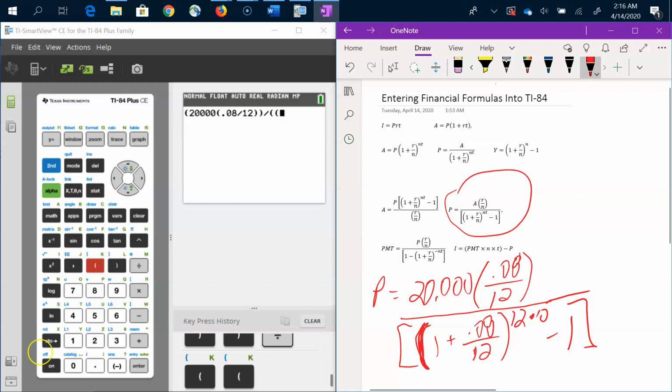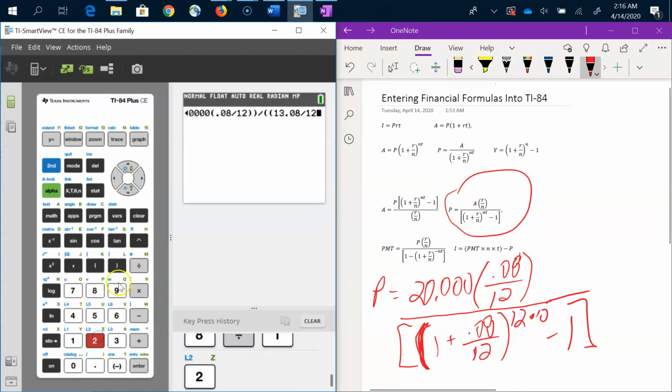And then 1 plus 8% divided by n, which is 12, parentheses, and then the exponent button, which is a caret, and then 12 times 10, I'll just pretend I forgot what that is. 12 times 10 minus 1, and parentheses. And what do I need to put in every single month so that in 10 years I have $20,000? And it is,